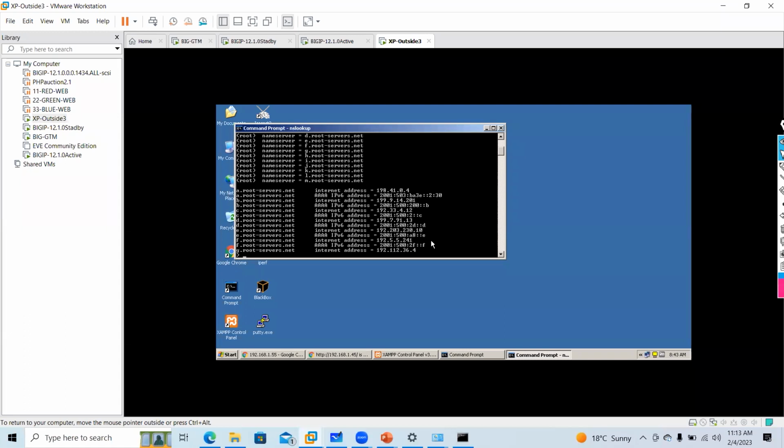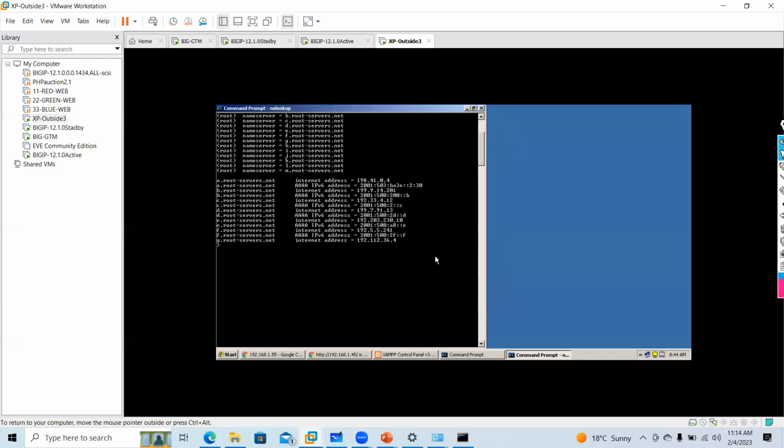So these are your 13 root servers. I will maximize it. In the world, guys, these are your 13 root name servers: A.rootservers.net, B dot, C dot, D dot, E dot, F dot. So 1, 2, 3, 4, 5, 6, 7, 8, 9, 10, 11, 12, 13.